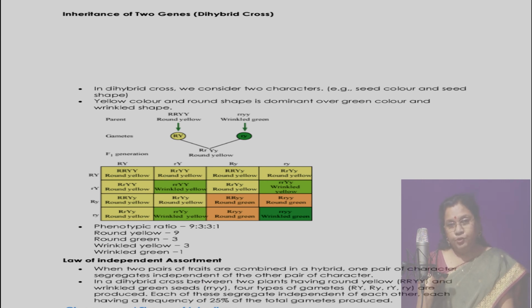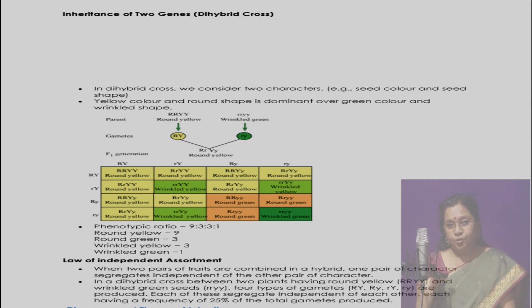But the 3:3 ratio is the new combination obtained due to the independent assortment of the gametes during the dihybrid cross of Mendel, that is round green and wrinkled yellow seeds are obtained from the parents round yellow and wrinkled green. So he explained that the gametes formed, they separate and they independently assort to form